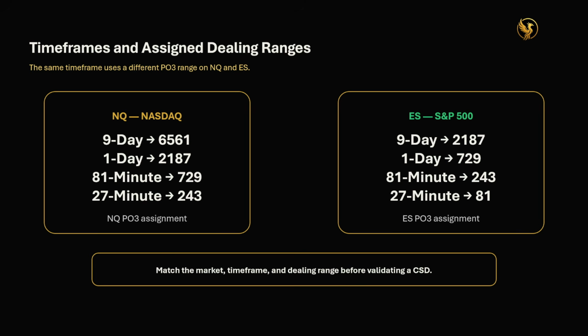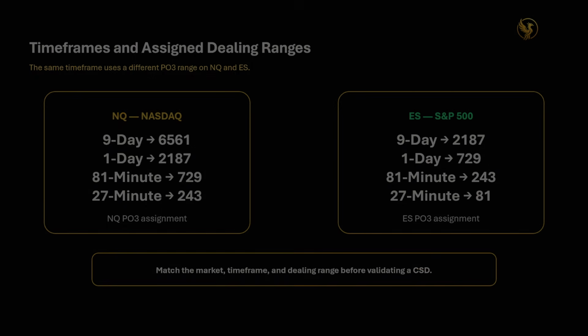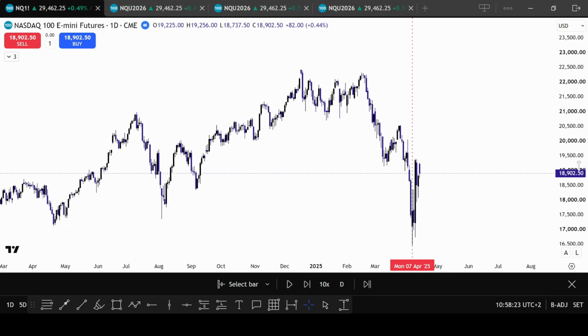They never change, meaning these are the only 4 time frames that you need and will ever need to determine directional bias. All right, so here we are on the daily time frame for the E-mini NASDAQ continuous contract. And I'm using the continuous contract so I could go back in time just to show you guys a very cool example and how you could use the type 1 and type 2 CSD logic to confirm the low of